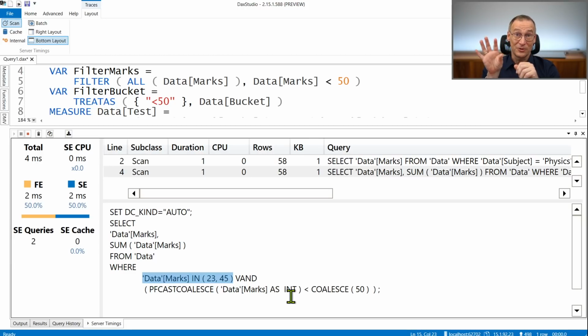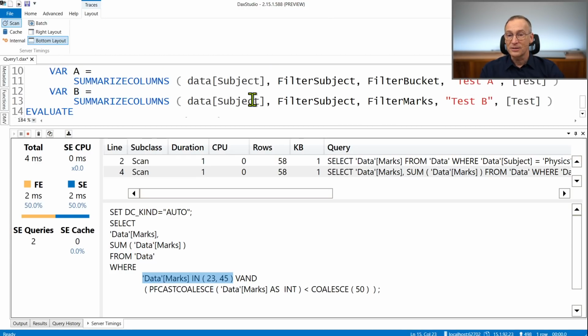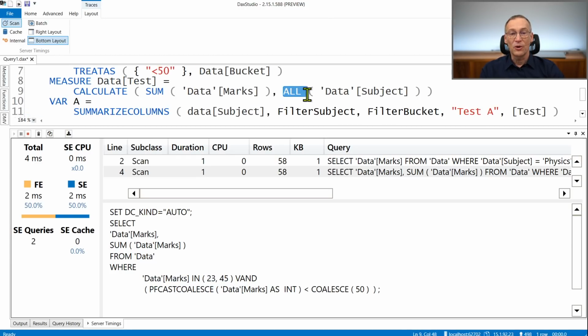The reason is 23 and 45 are the two values of the marks where the subject is physics. We no longer have the filter on subject physics here because we remove that in the code. In the measure, we are using ALL on the subject, therefore we are getting rid of the filter, but we are not getting rid of the filter on the marks that has been introduced because of